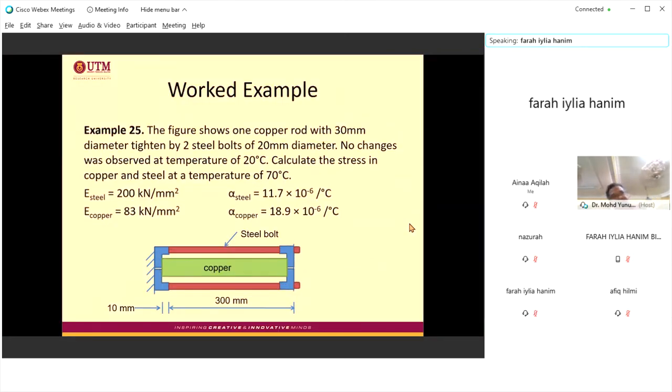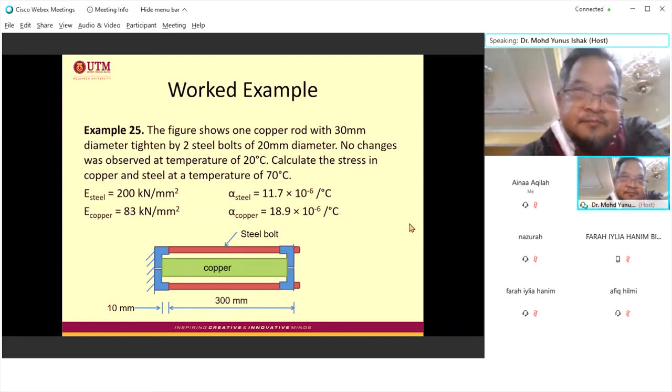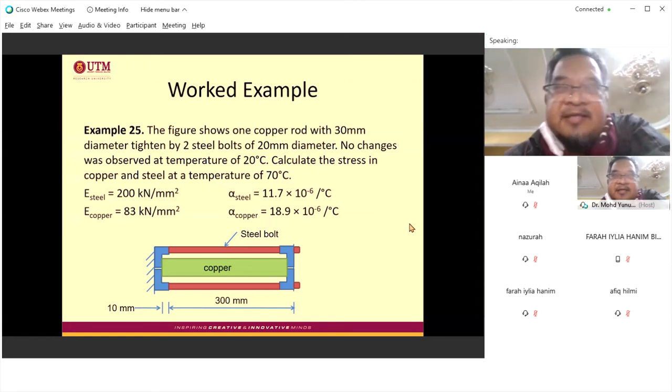Okey, nampak work example 25? Nampak? Nampak doktor. Okey, saya nak bagi tahu